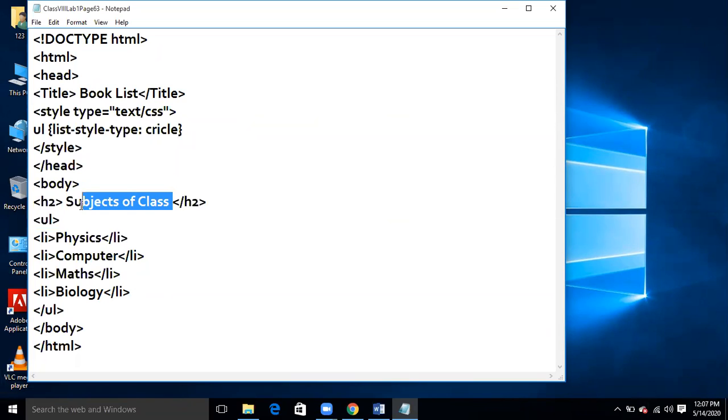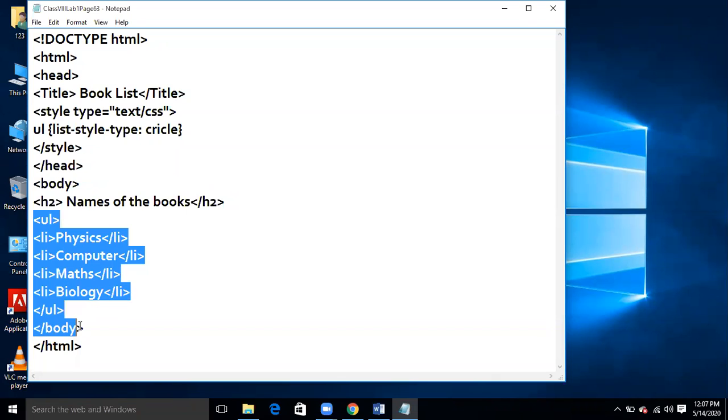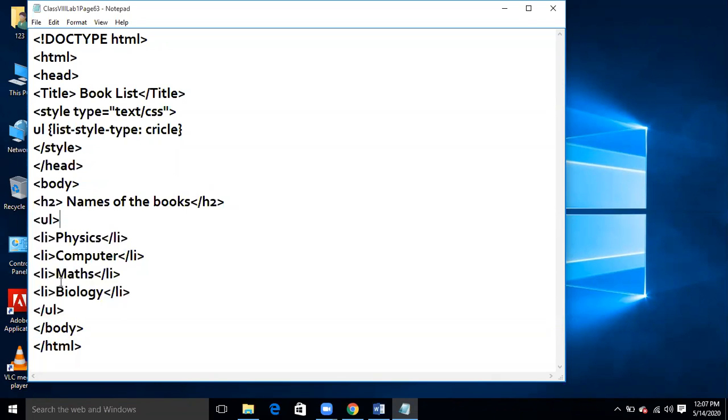Now over here I am going to mention the names of the books. You can see that it is basically a heading. I have given the heading. For the unordered list, you know very well that we use the UL opening tag and the UL closing tag. And LI is basically the item that you mention.